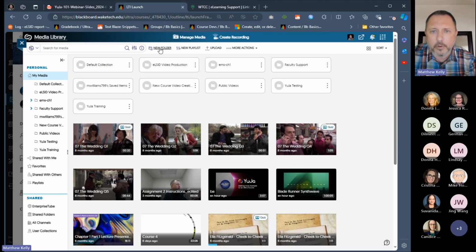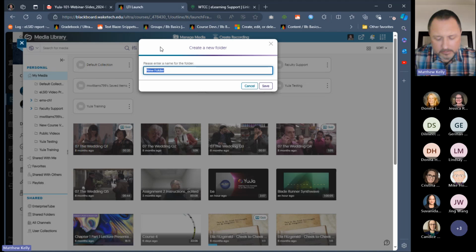We can add new folders just by going to the top of the screen and creating a new folder. Let's say that you have different types of videos. You have your course video presentations, but then you have maybe department meeting videos with your faculty departments.